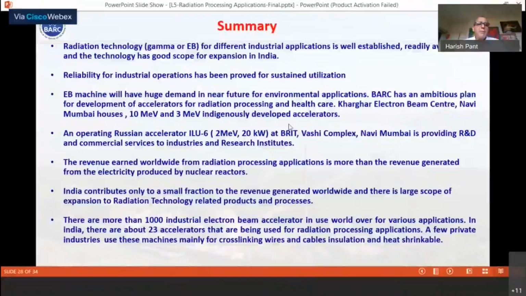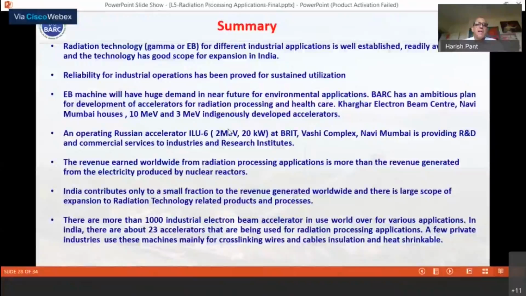India. In BARC, we have one Russian-made accelerator, which is called ILU-6, and it is located at the BRIT complex in Vashi. And this electron beam is mainly used as a technology demonstration center, where whatever technology is being used in India today, they have all been developed and demonstrated